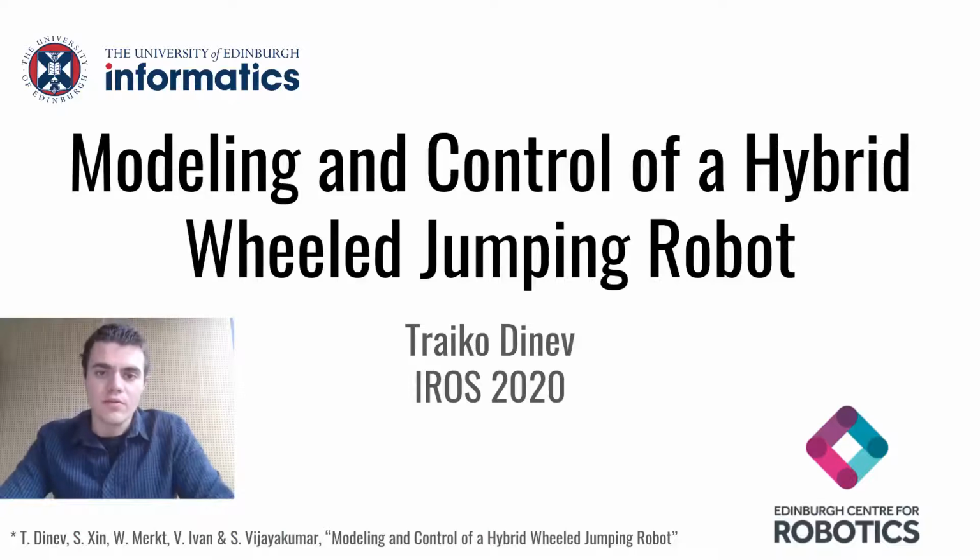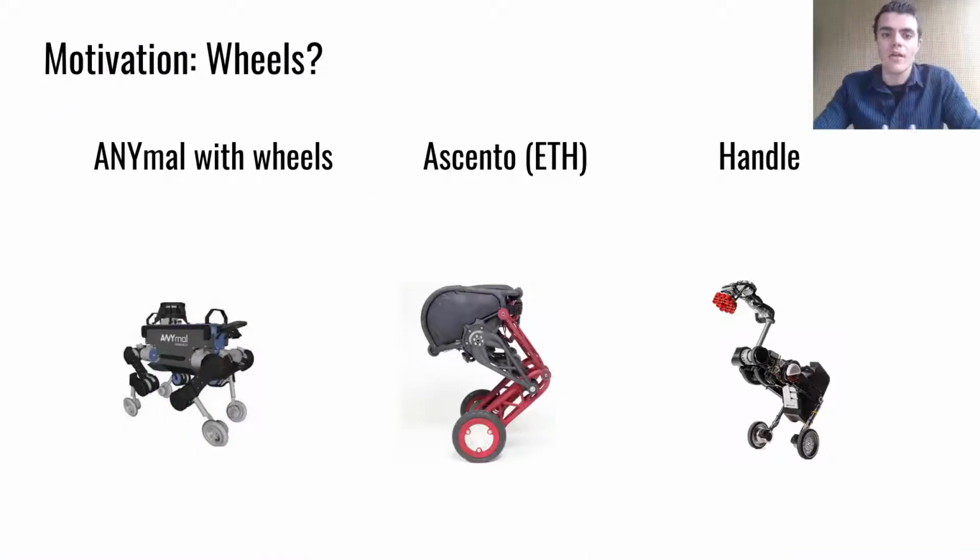In this short video, I'll present our work on modeling and controlling hybrid wheel jumping robots. Firstly, why consider wheels on legged robots at all? Because they've become very popular in the recent literature with the Animal with wheels, the Ascento robots, and the Handle by Boston Dynamics. And wheels are good for locomotion on structured terrain, like roads and rails, whereas legged locomotion is used when there is no such structure and there are obstacles to go through where wheels would get